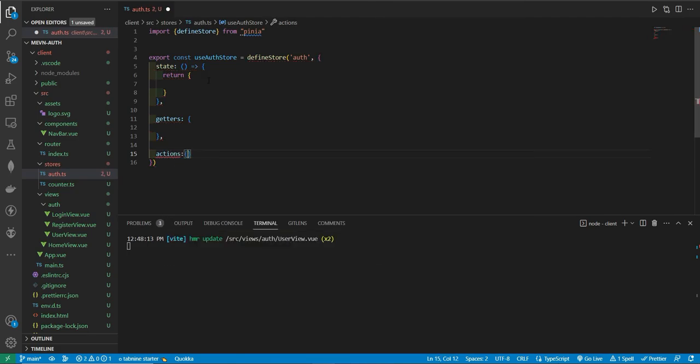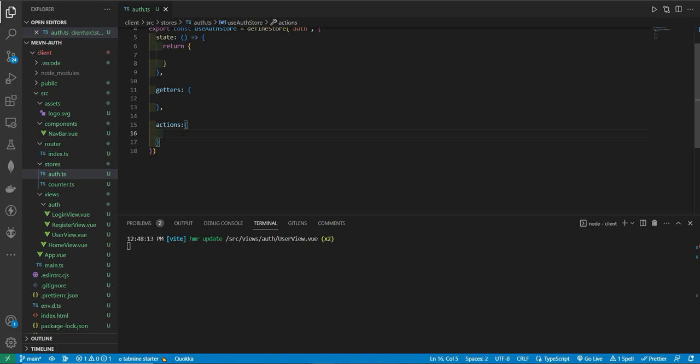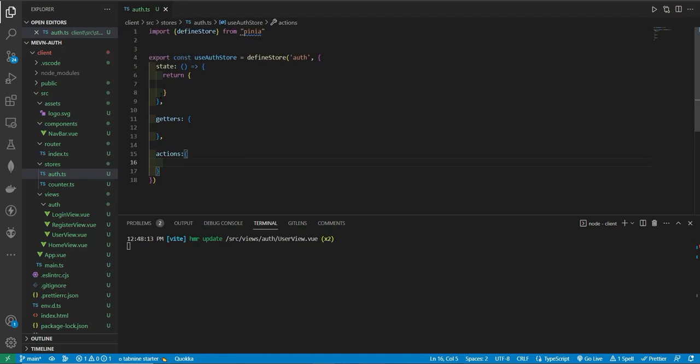So state is used to store the data, and getters is used to a little bit format the state data if we want, and actions are used to modify the state, the data inside the state. Let's create some state. So I will create a user state which holds the user data,